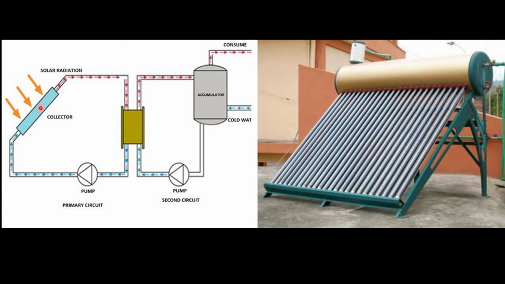In this system, the water which is heated with the help of solar radiation passes through a heat exchanger, where it exchanges its heat to another working fluid which has a very low boiling point. That steam is used to run a cycle such as the Rankine cycle or something else. Then that working fluid circulates in the secondary unit, and our solar radiation and FPC circuit is called the primary circuit.